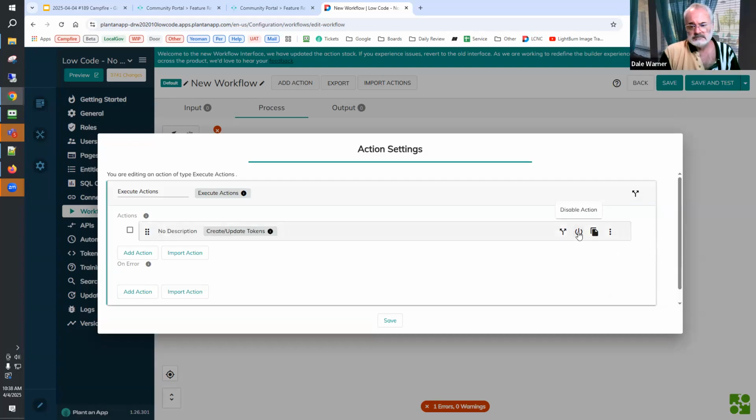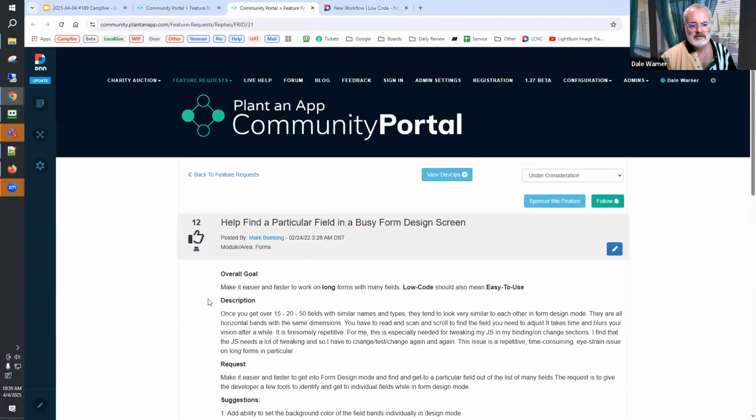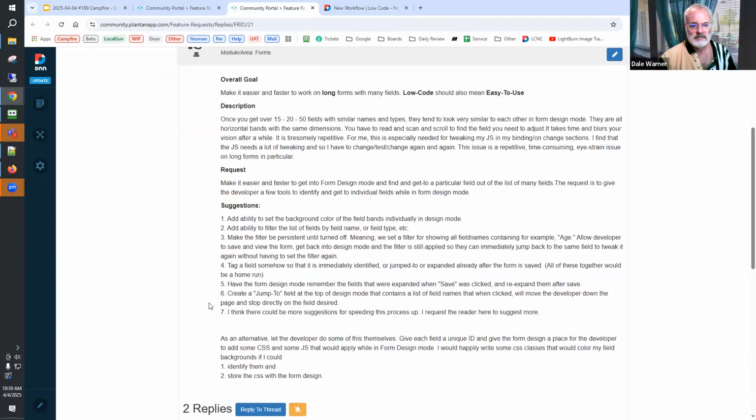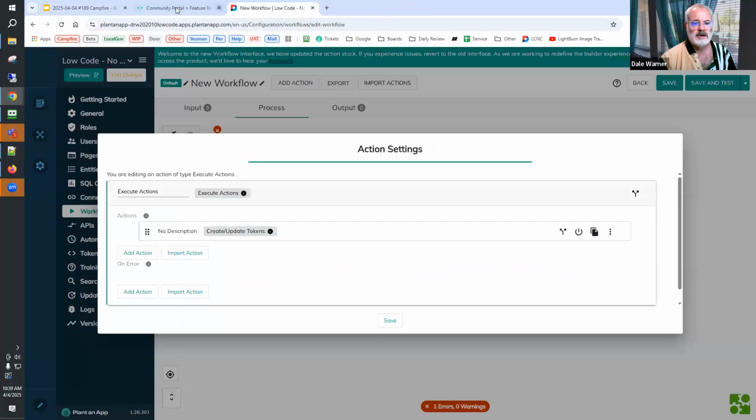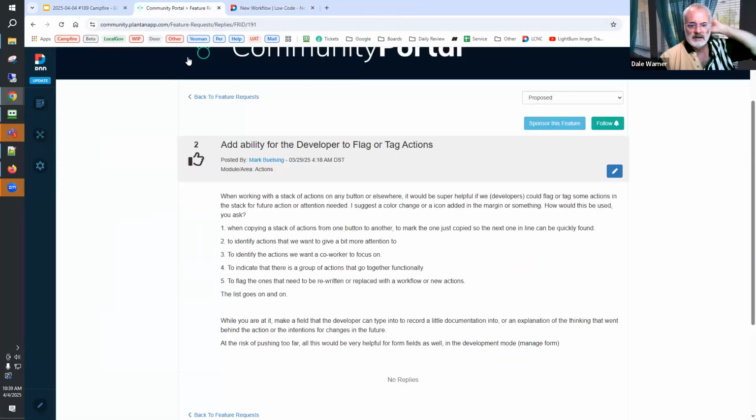I absolutely love that idea, because it probably takes just as much effort to put in something binary like an on-off switch as it does to put in a flag where you get some variation. If we had 8 or 12 or however many flags, you get more value out of about the same amount of development effort. I'm sorry, I jumped back to the previous one.